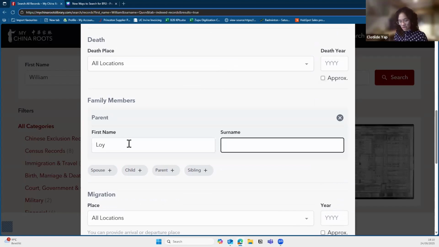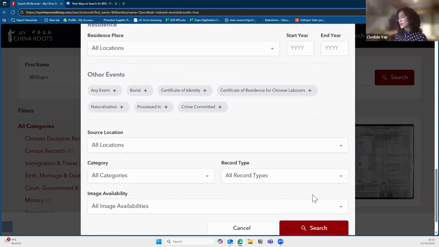Now, what this does is it will search for a match that mentions both individuals on the same record. And that really excludes a lot of noise. And probably what you will end up with is going to be a census match. Now, if I click search,